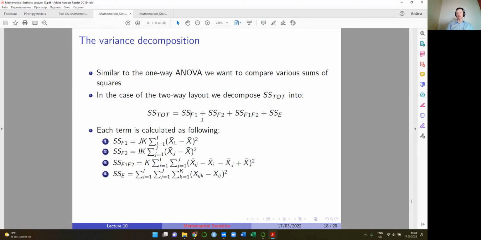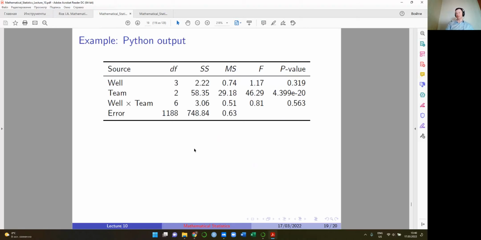Those calculations are similar to one-way ANOVA, but it will take some time to calculate all these things. As I said, in principle it's possible, but it's too long. Here we need to take 12 numbers, here 3 numbers, 4 numbers, and here we need to take all the 1200 numbers to calculate it. Of course, manually it's not possible. With the help of software it's possible, but basically we can get the following output with the help of Python,